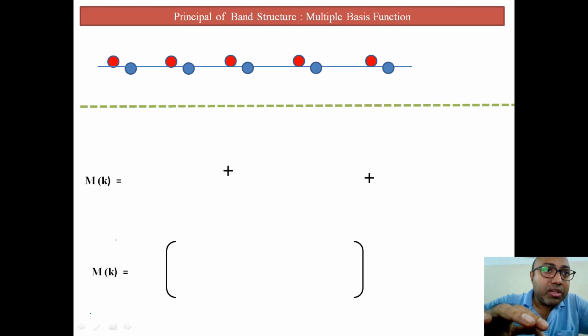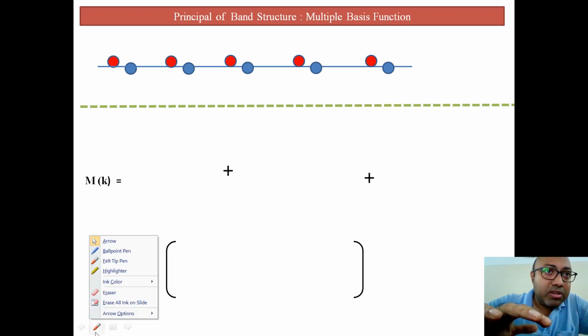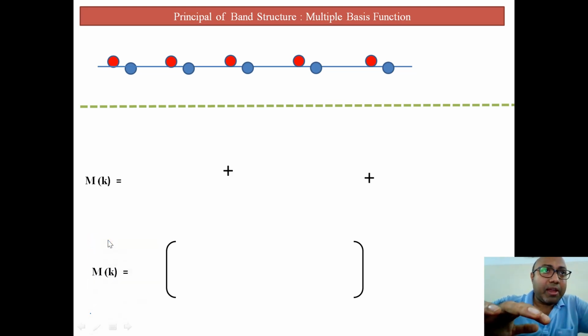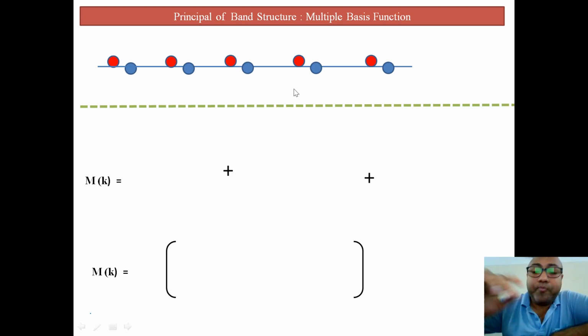Okay, one minute. Some problem is there. I have to come back. So you see, this is my problem. It is a non-Bravais type of thing, so different dimensions. So what we have to do,